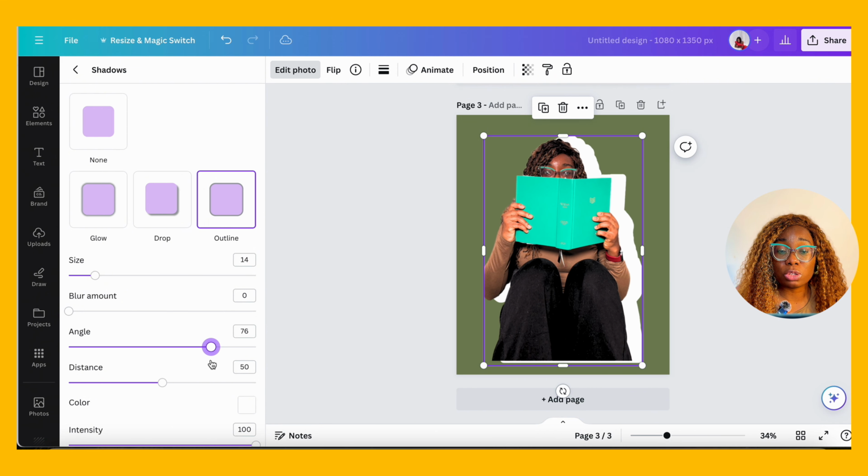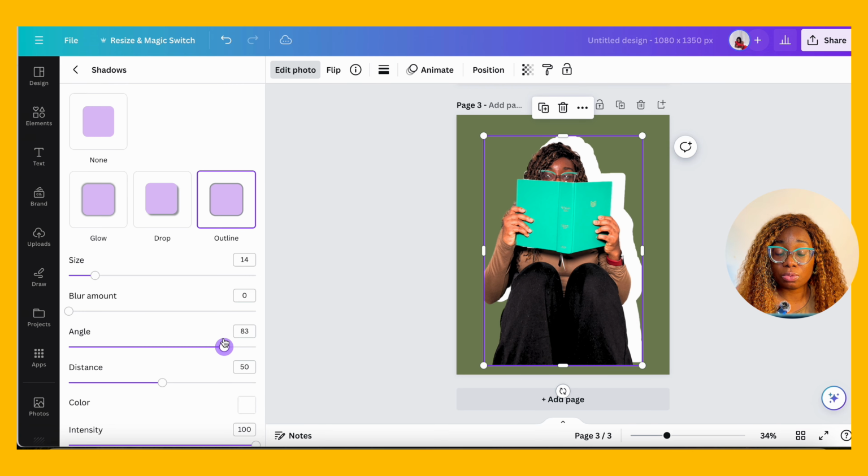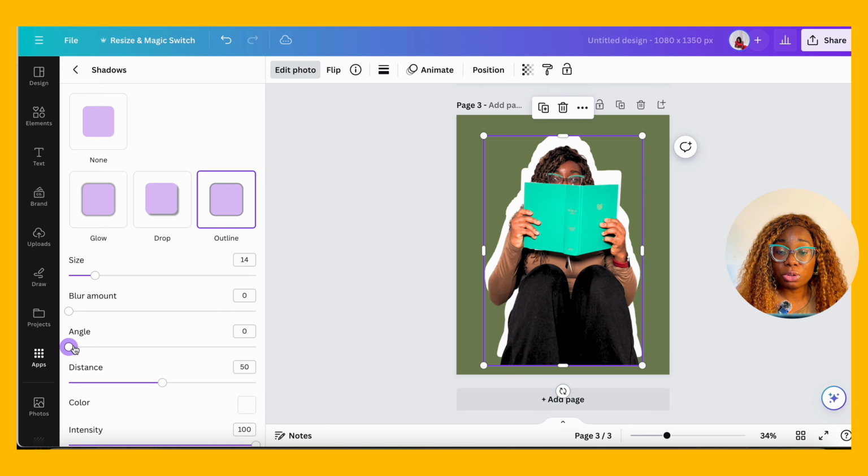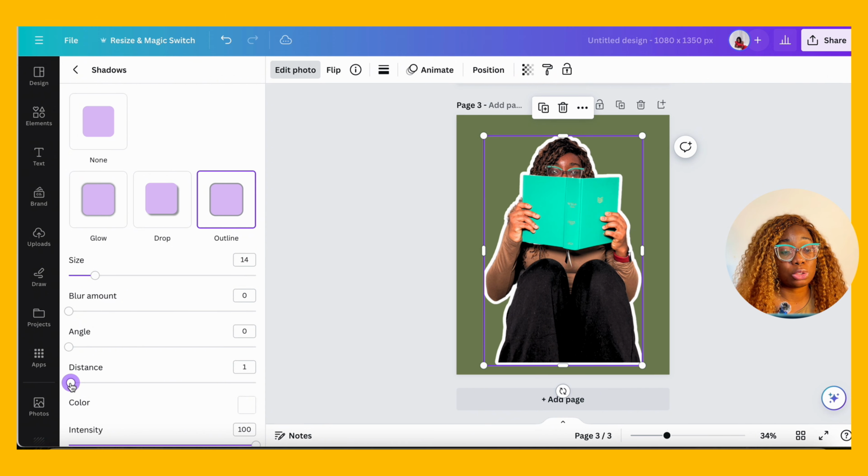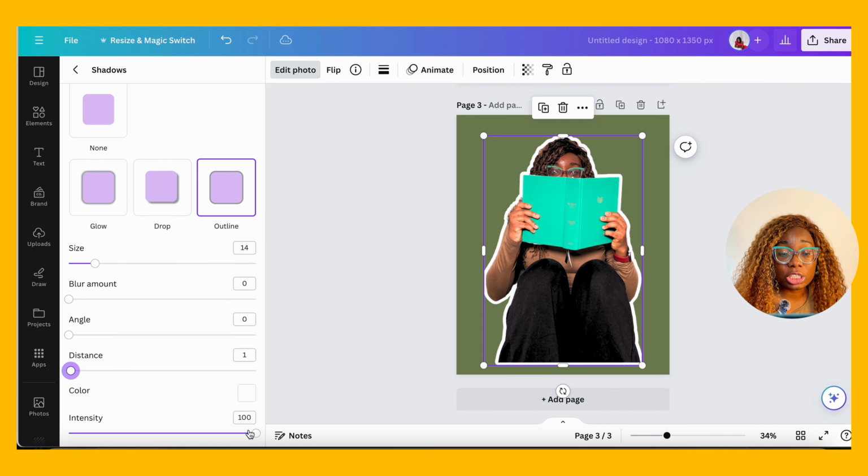So this works when there's a drop. This is kind of like a drop outline, but I'm not using this. You can choose the distance you want it to be, but I just want the distance to be normal. You can change it. You can also reduce or increase the intensity, but that's how you achieve shadows on your